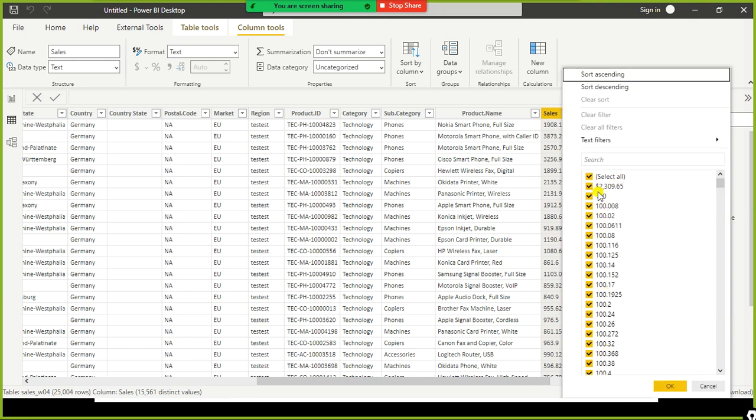Most of them are numeric values except the first one, $2,309. Since the dollar sign and comma are text data type, right? So it's an alphanumeric value. Along with the numeric value, we have some characters that came in here. So dollar and comma. Hence, Power BI considered the entire sales column as a text data type because of the